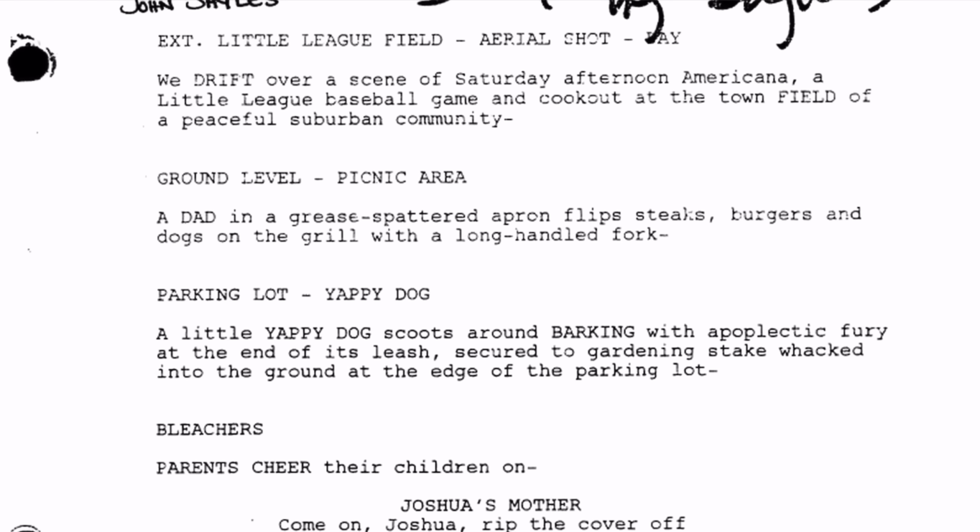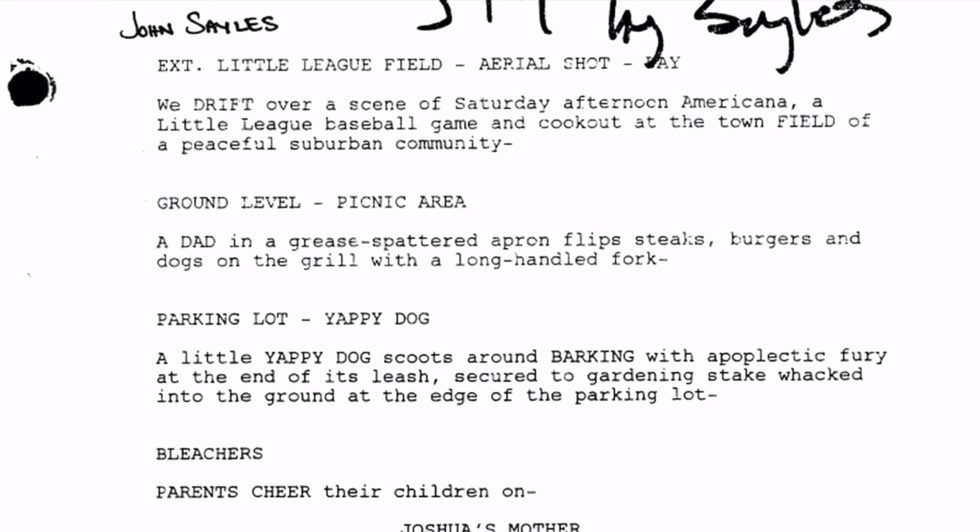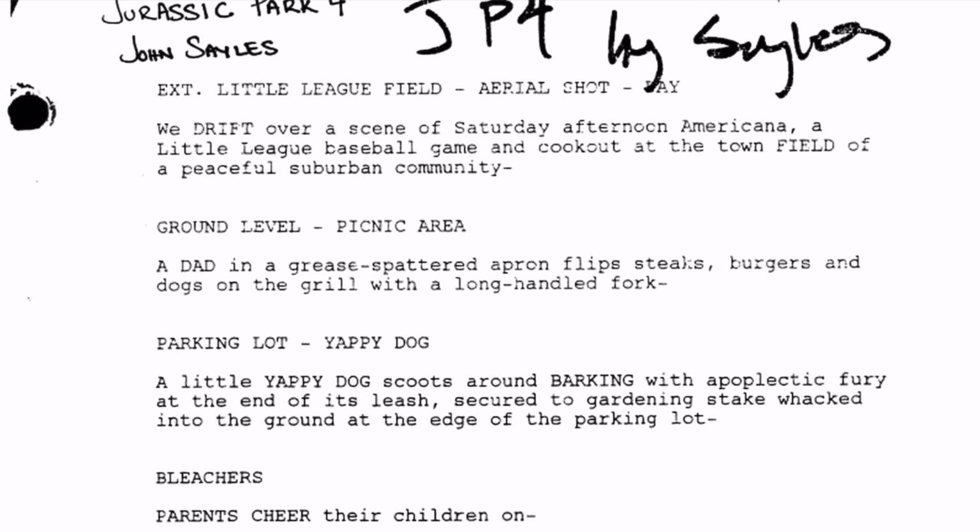Nevertheless, even though this script was complete and delivered to Mr. Spielberg himself, it would ultimately never be made. Probably because the whole thing leaked onto the internet the same year in which it was written.